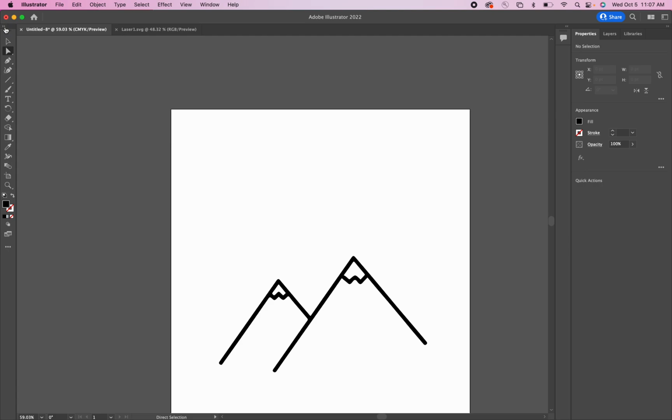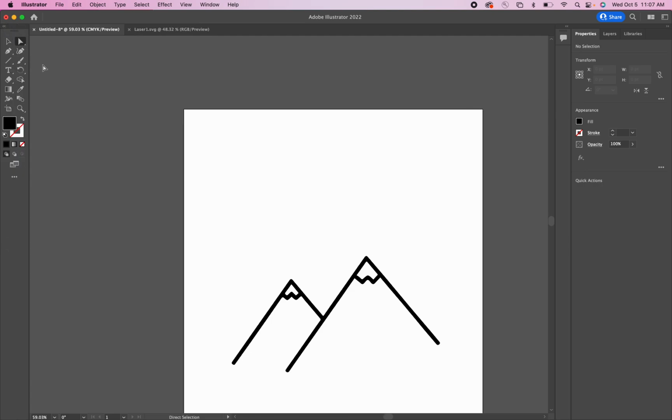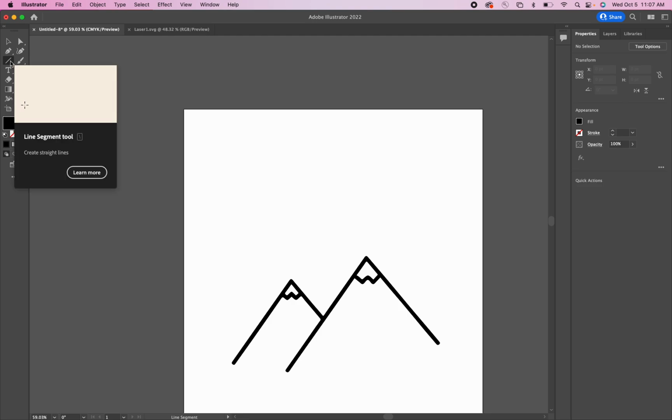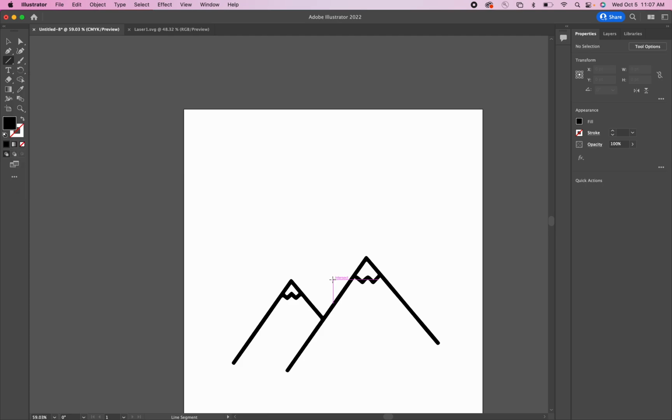There's a little arrow up top here. If I click that arrow, it opens it up. And then I can use my line tool. If I hover over it here, you can see what it tells me, what it is here. It's a line segment tool, or a backward slash. So backward slash. And then simply here, I can draw up here, but you can see there's nothing on it